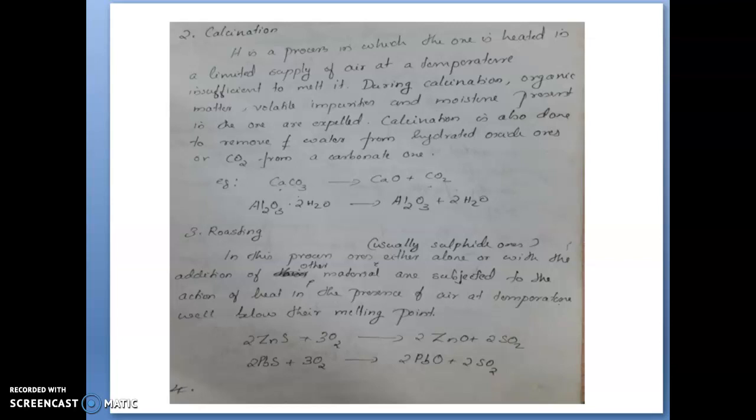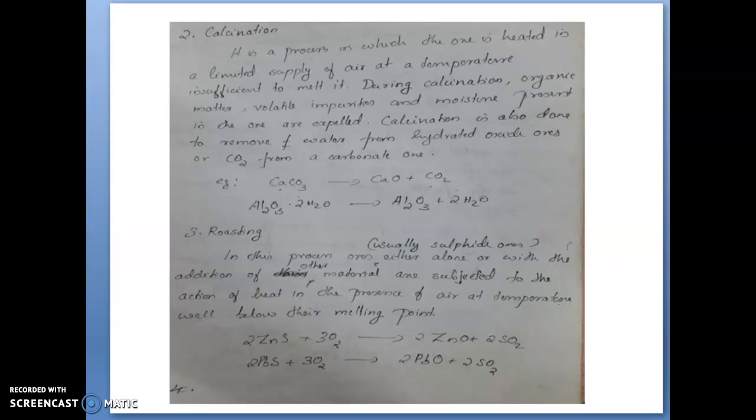Some impurities are in acidic form, mostly silicon dioxide. In that case, a basic flux like calcium oxide is used and calcium silicate will be formed, so the impurity silicon dioxide is removed using calcium oxide. Also, impurities like iron oxide will be treated with silicon dioxide to form iron silicate, which is a slag. Then the next method is reduction by displacement.